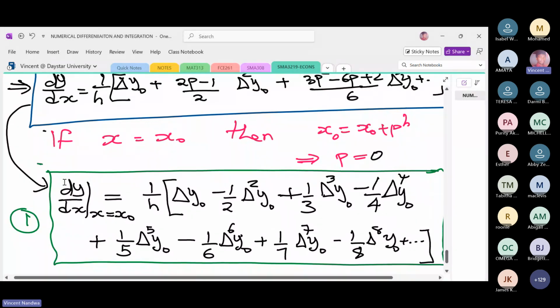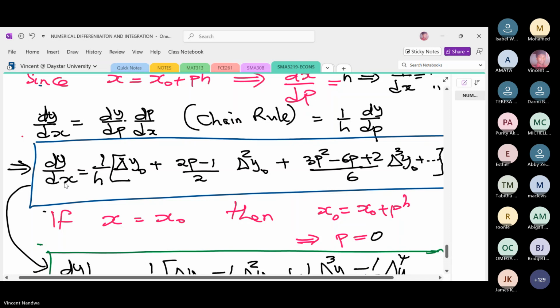Then this formula in blue, if I may call it 0, is exactly the same thing, but the main difference between 1 and this 0 is that 0 will be applied when you are being asked to find the value of the derivative near the beginning of the difference table for values of x which are not necessarily given in